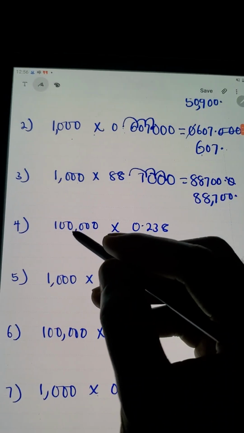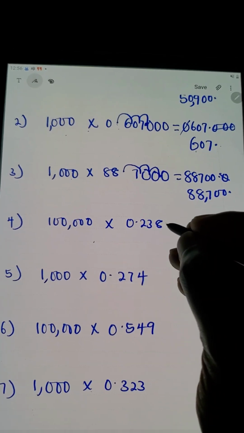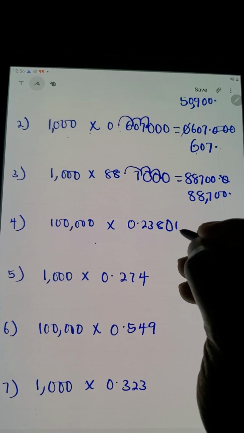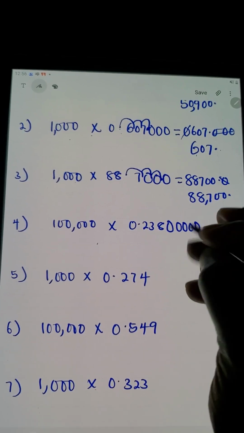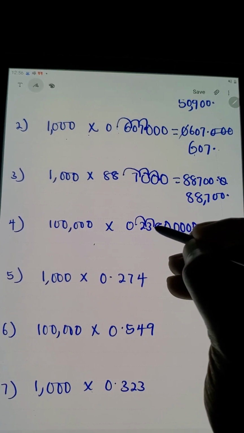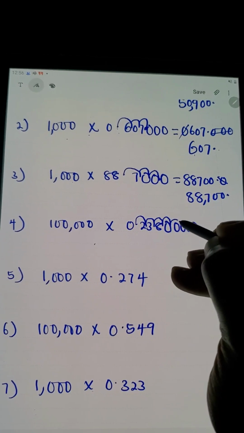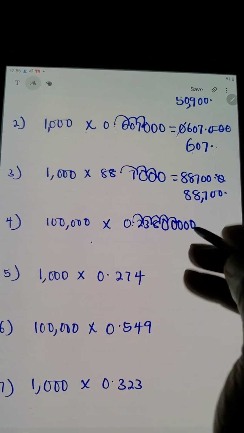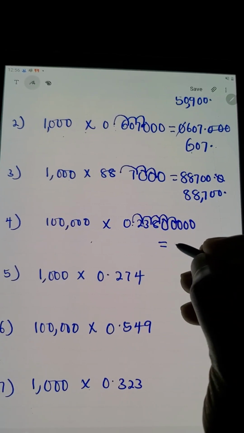Same thing applies to question number 4. Consider the number of zeros that 100,000 has. 100,000 has 5 zeros. Add 5 zeros to this number. 1, 2, 3, 4, 5. Count 5 numbers from this point forward. 1, 2, 3, 4, 5. It means you've changed the position of the point from here to this place. Then the final answer is